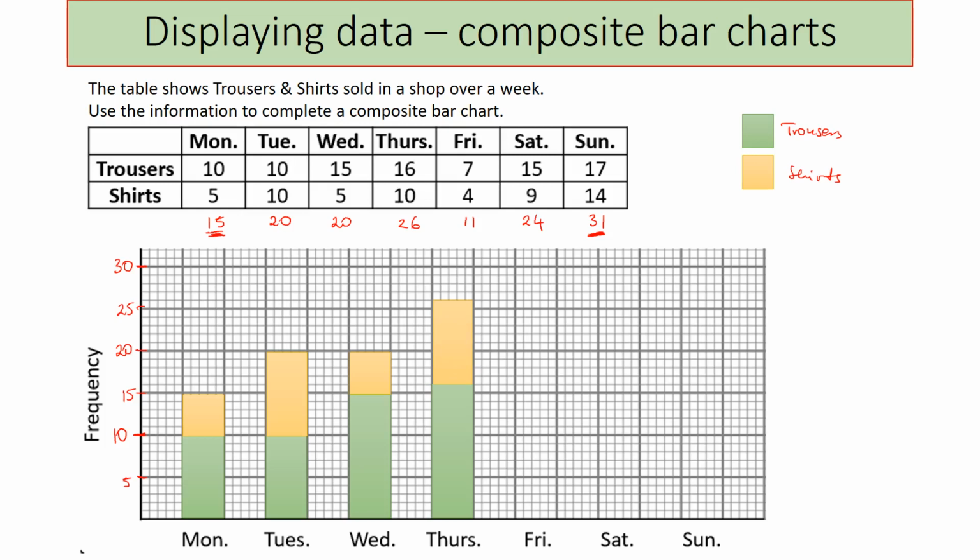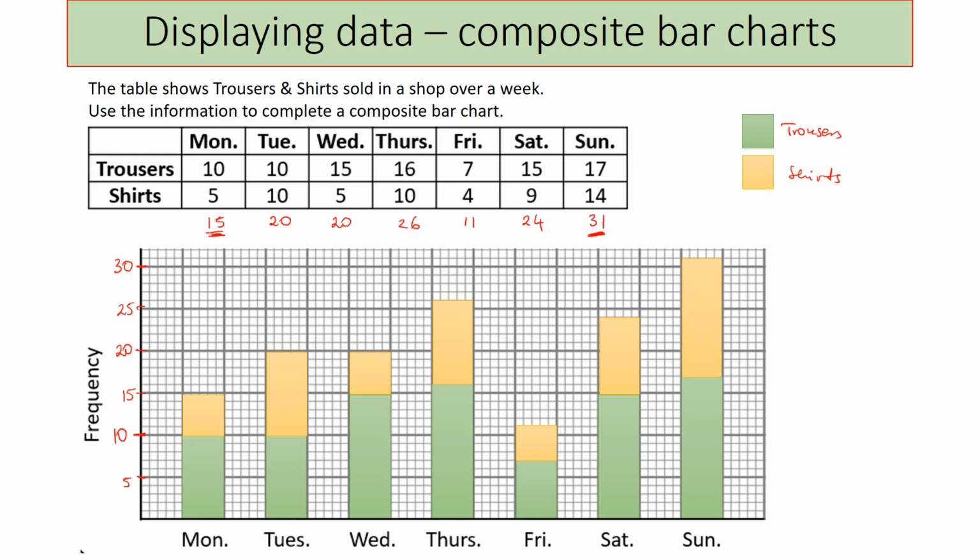For Friday, trousers goes up to 7, then 4, so that means the whole bar needs to go up to 11. For Saturday, the first part of the bar goes up to 15, and then the second part is 9, so that means the whole bar needs to go up to 24. And for the last bar, you can see that it's going to be the tallest bar. The first part goes up to 14, and the second part is 17, so that means the whole bar needs to go up to